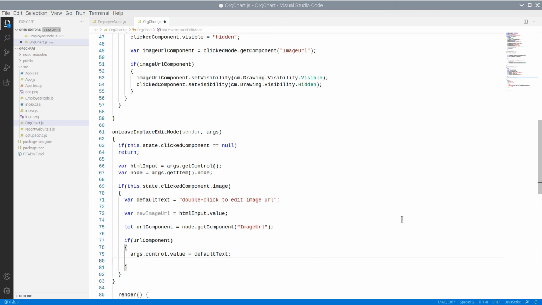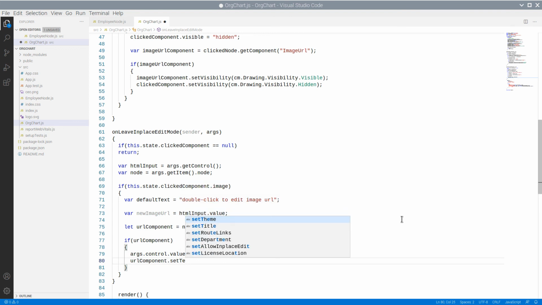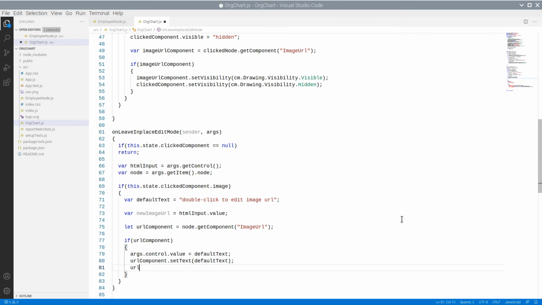We also get the text component of the composite node and set its value to the default text as well. After that, we need to hide the component. We no longer need it.